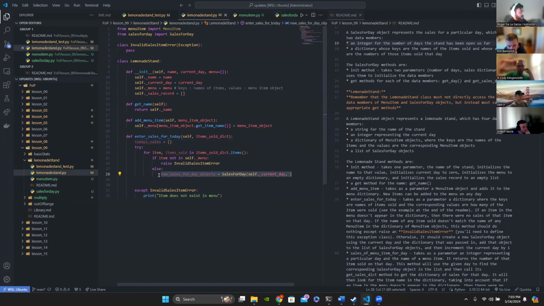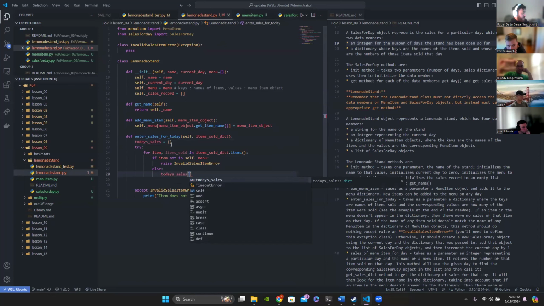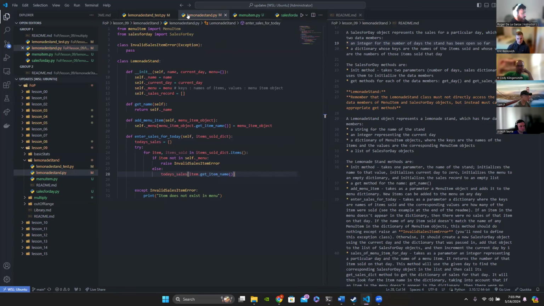So if it is in the menu, then we should be able to add it to today's sales, the name of the item, right? So we should be able to get item name, item dot get item name. Or we don't even have to do that because this is the name itself. And then assign